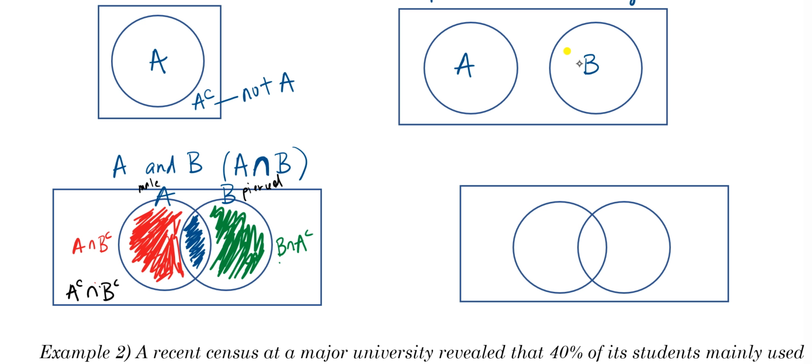Okay, so I got males without pierced ears, males with pierced ears, females with pierced ears, which means there must be another group that I'm leaving out, and there is. That would be females who also don't have their ears pierced. So non-males who do not have their ears pierced. And that would be people left out who are not part of the circle. So every Venn diagram with two circles should show 4 different areas, 4 different subsections, if you will. Okay? And then finally, if you wanted to see what A or B looks like,